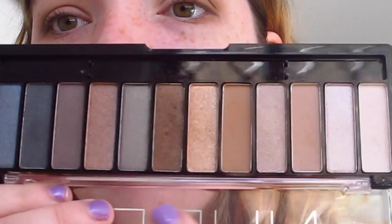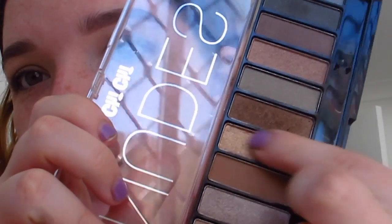And I try to blend it out a little bit less because I just want it to stay in that area. But for an everyday look I just go for whatever I feel, and it's usually a look like this, which is quite deep with a shimmer on the lid. I'm going to wipe underneath my eye to clean up whatever eyeshadow went everywhere. Now I'm going to choose a shimmer, and I really like this gold bronzy colour, so I'm just going to get my finger and go like that,